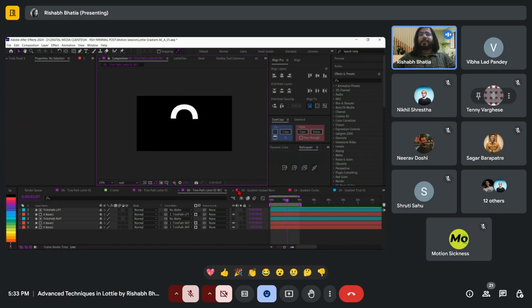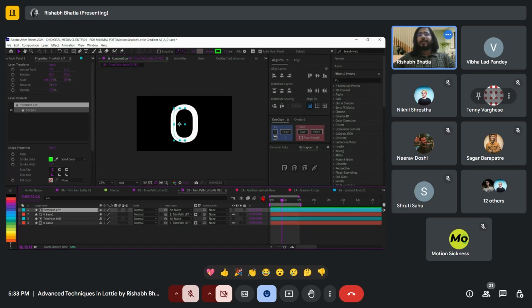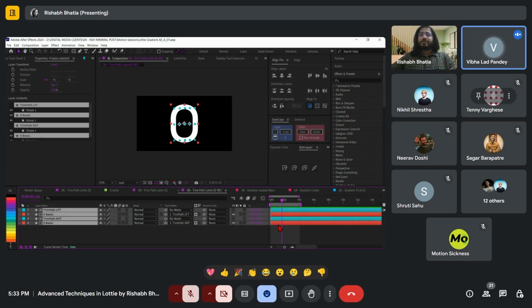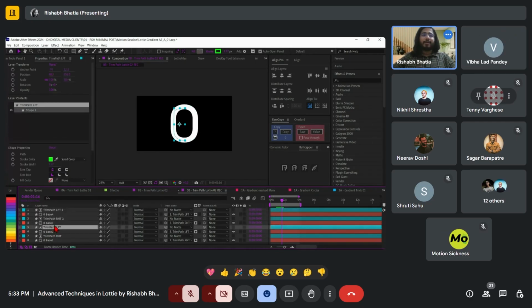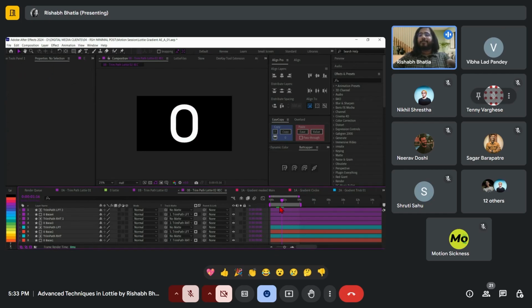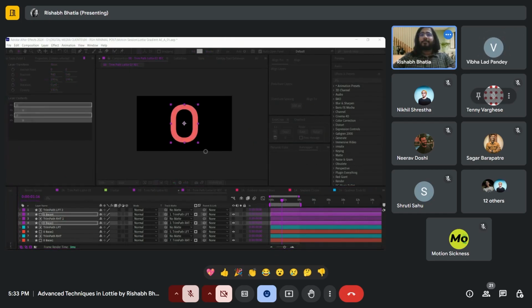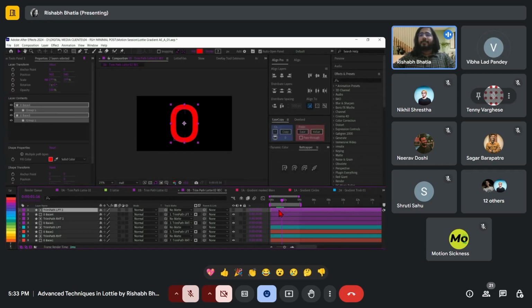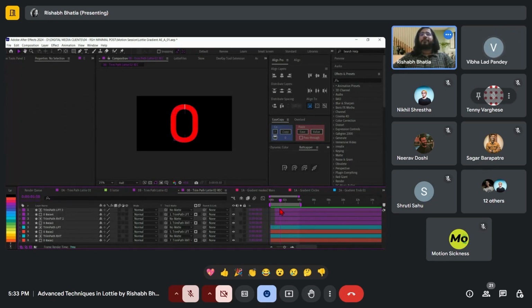Correct. Let's say in case you want to offset the layers in this one, the best way to do it is, let's say you want to copy both of them, you select all, you duplicate again, you bring everything to the top. And I usually just change the layer color from this point because it gives a bit of a different look. I'll change the base layer color, and I'll just offset it by some frames. And now it will have the